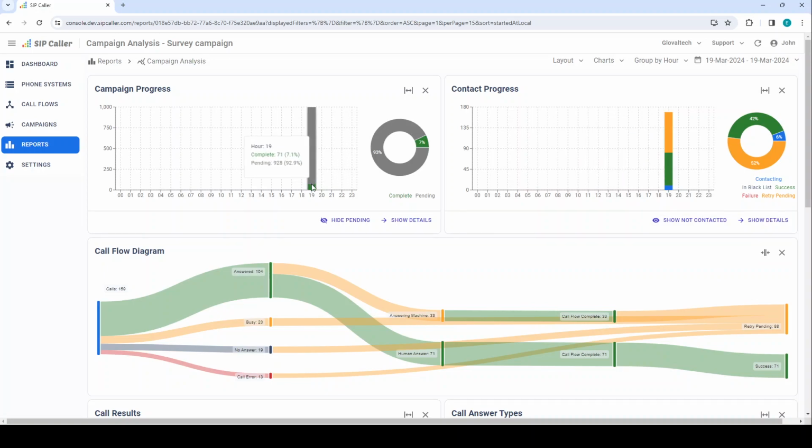So here we just see if the call is successful or not. In this case, we can see why the call was successful or why it was not. For example, we see 71 calls successful, 88 calls retry pending. We see 10 calls being contacted right now, and we don't have any call in blacklist, and we don't have